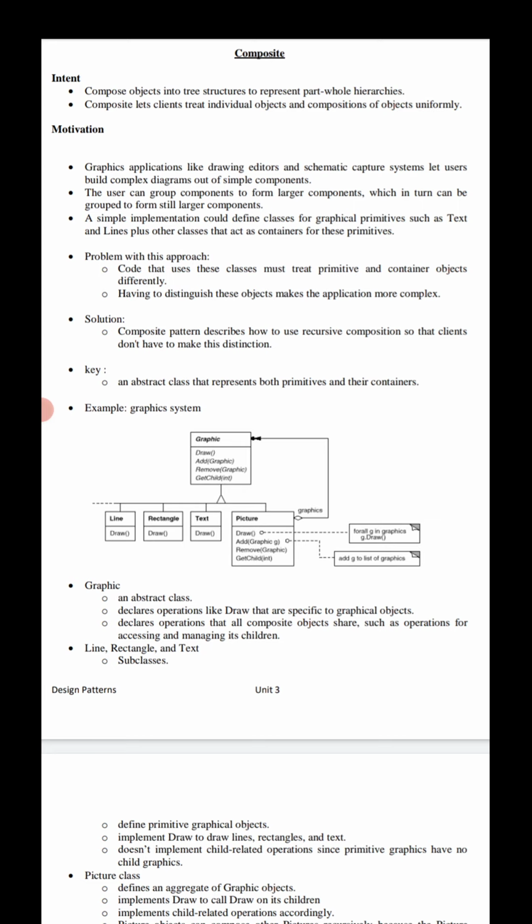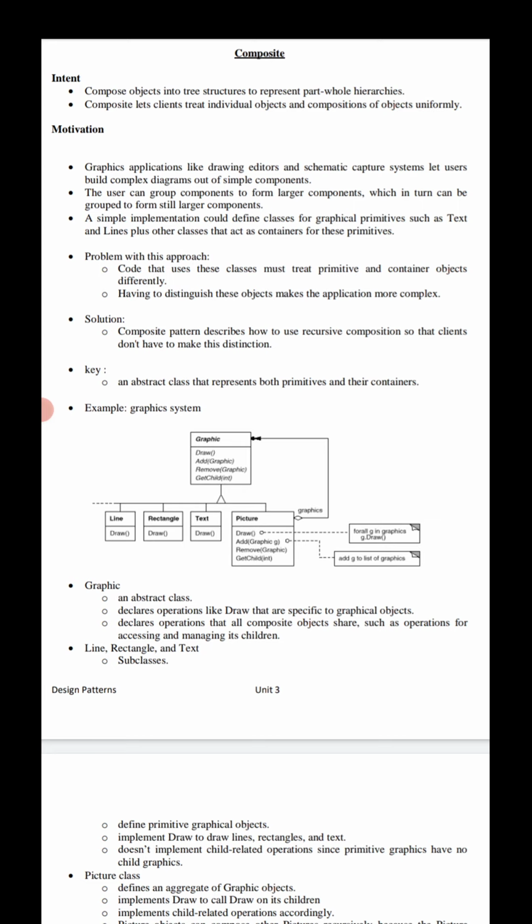The problem with this approach is that the code that uses these classes must treat primitives and container objects differently. Having to distinguish these objects makes the application more complex.